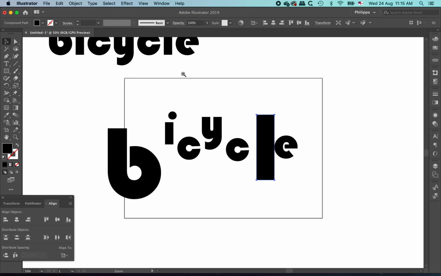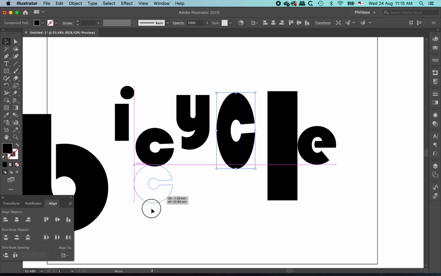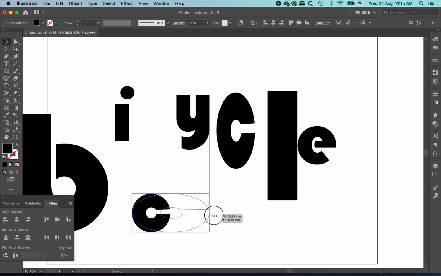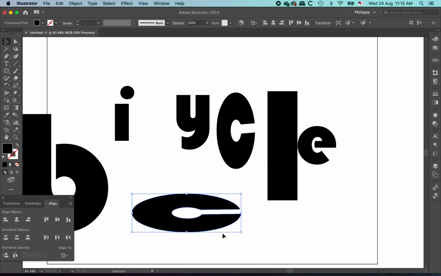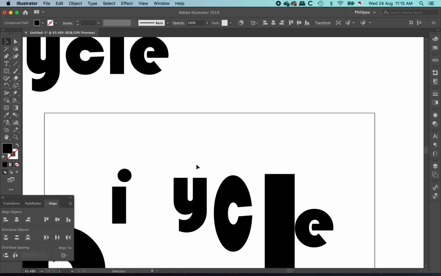If I want to make something longer and actually change the shape, I could drag from a top point. If I want to make something wider, I could drag from a side point, and you can see this will distort the letter forms. If I want, with this letter Y, to actually increase the height of these vertical pieces,